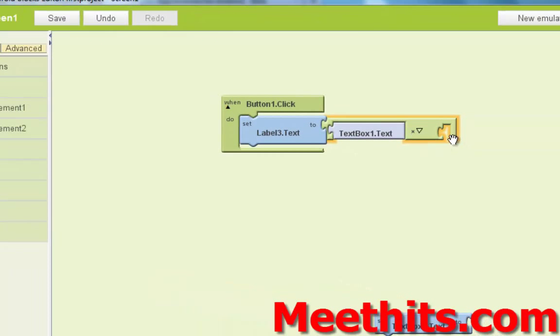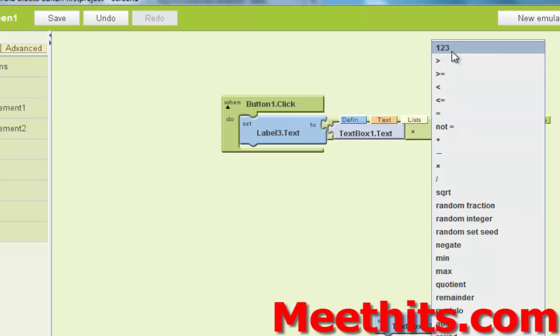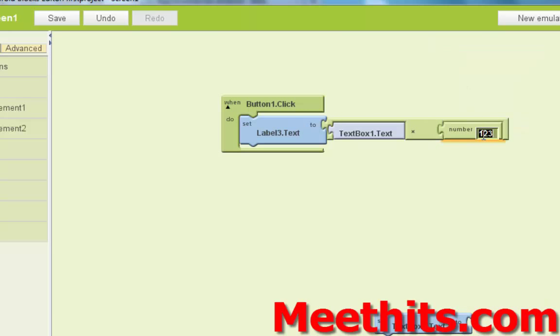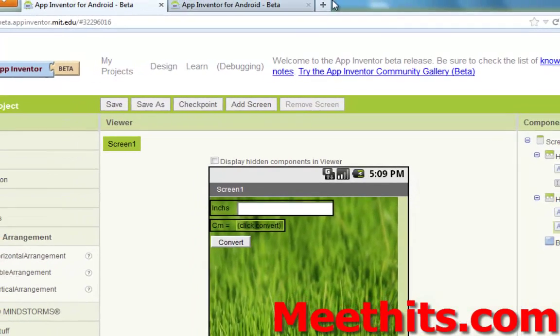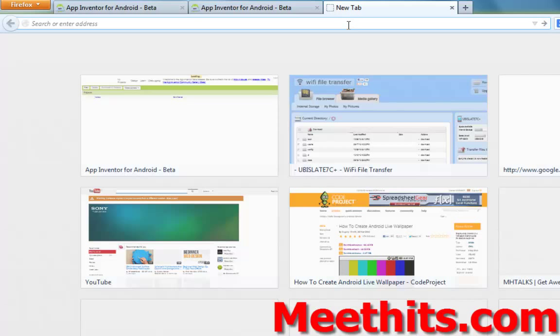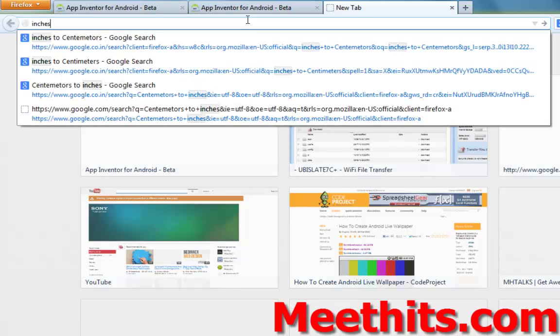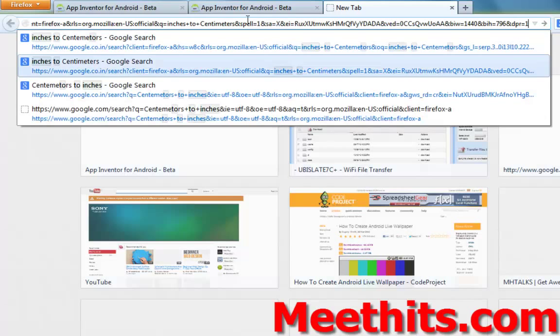multiplied by a number. So you click on math, click the 1 2 3 number block. The conversion is 1 inch is equal to 2.54 centimeters. You just go to Google and search for inches to centimeters.